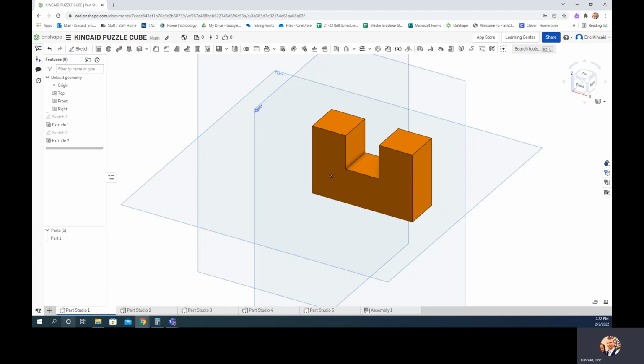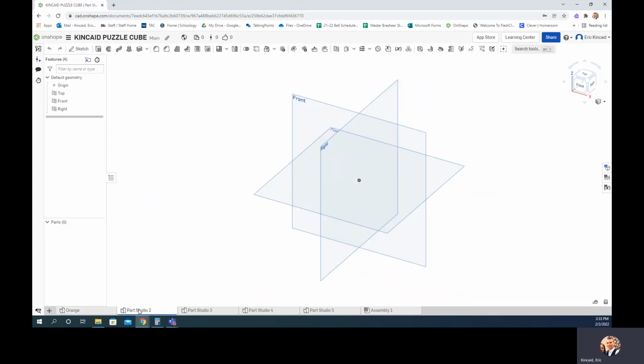Whenever you have one finished, you can go ahead and rename them to whatever color that part is. So this one, part studio 1, will become orange, right? Once you have all of your parts, then you'll be able to quickly jump through them based on color. And then we can also name this one, part 1, orange as well. That's something you're going to do at the end once you have all your parts, of course. So for this example, I'm just going to jump into Part Studio 2,